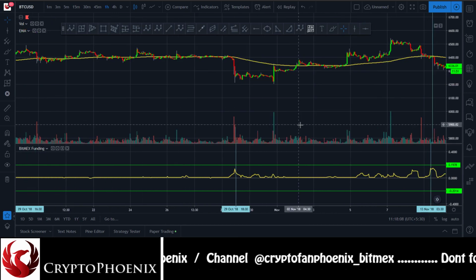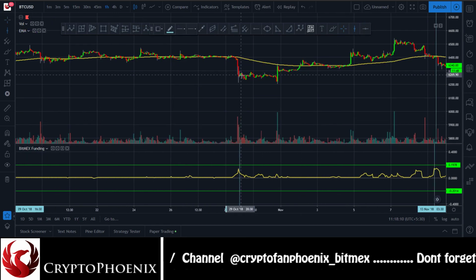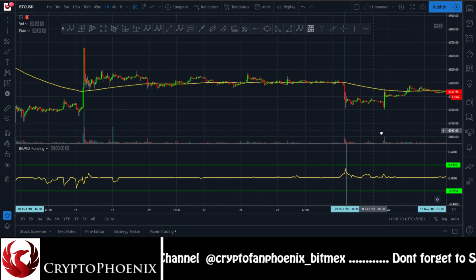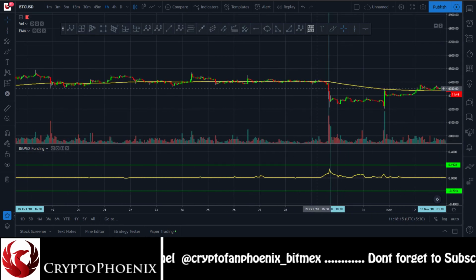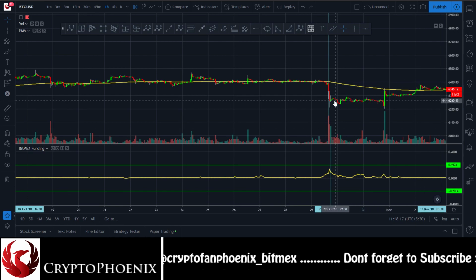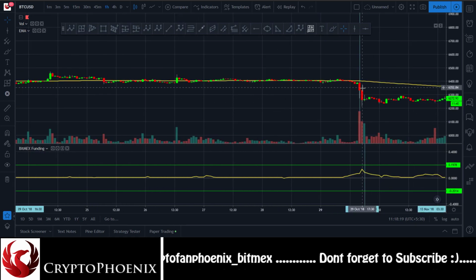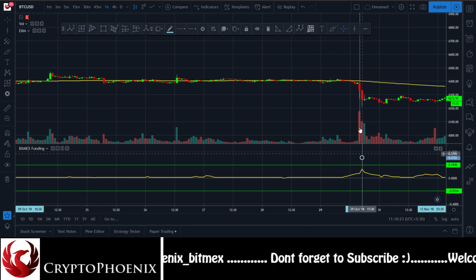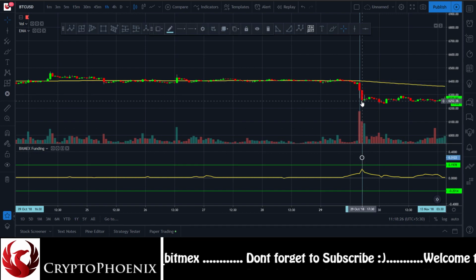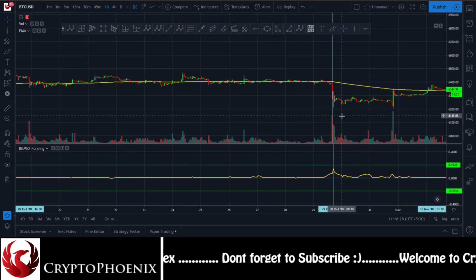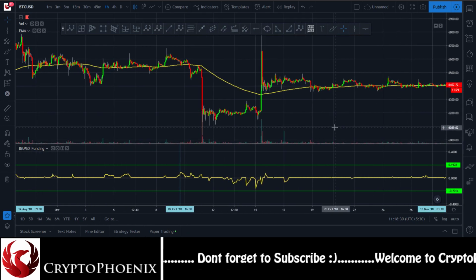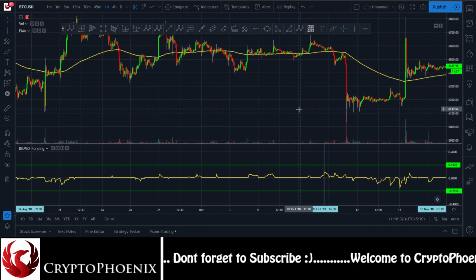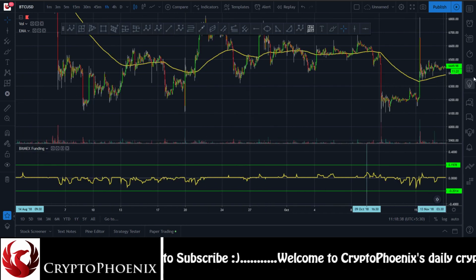Let's look here. This was the point. Actually, this was a point where we missed this short position. If you look at this candle, this candle, most of the people were in long position, and indeed the price drops. So yeah, this counter indicator works a lot of the time,